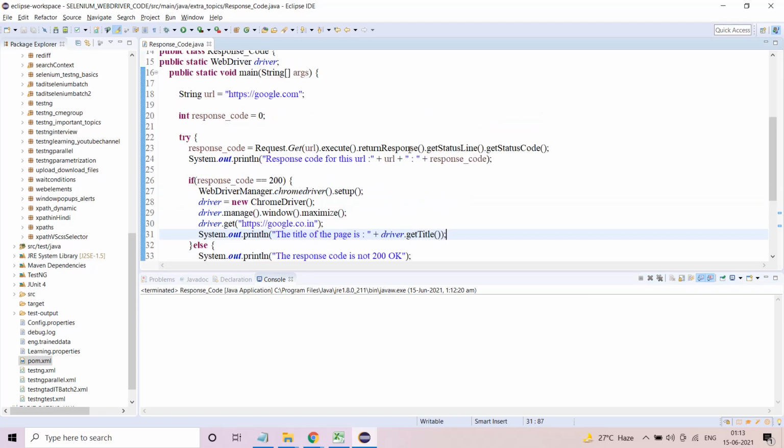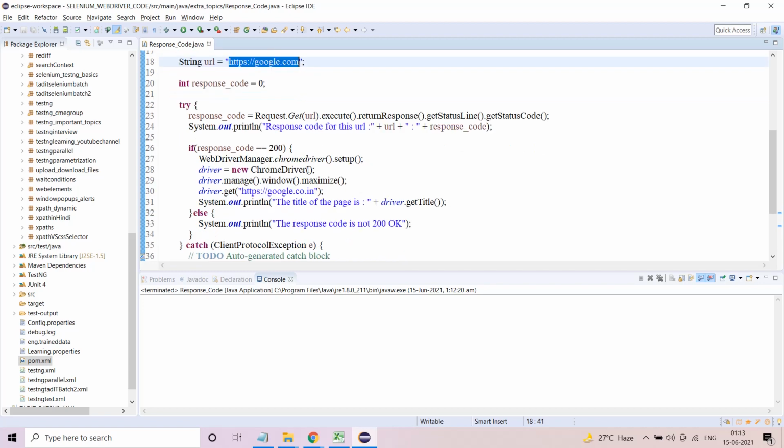So see the beauty of it. If the global Google page is working fine, if the response code of the global Google page is 200, if it is true, then I will open the Indian Google page. Is this not a beautiful piece of logic, right? So let's go ahead and open.